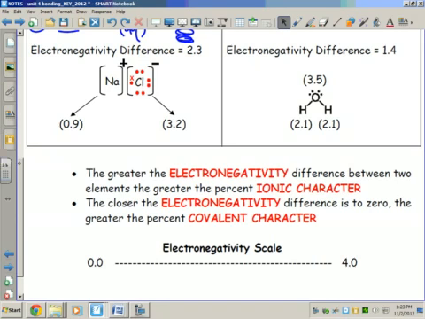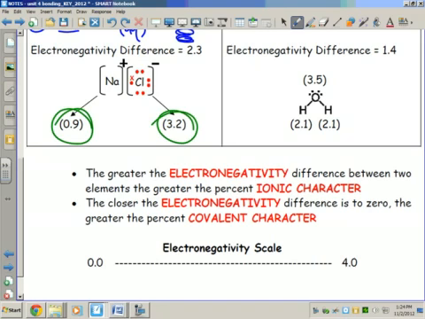And the last part on this chart is just comparing the electronegativity differences and giving you an idea of why there's a complete transfer, why one element ends up with complete ownership of electrons in an ionic bond, and why that doesn't happen in a covalent bond. If you look at the electronegativity of sodium, it's very, very low, like most metals. The electronegativity of chlorine is very, very high, the lowest recorded being 0.7 for francium,